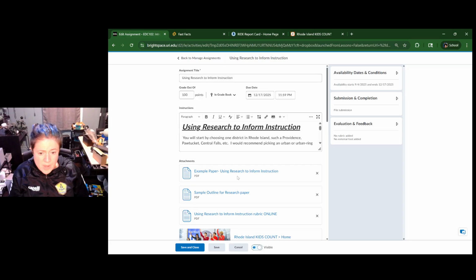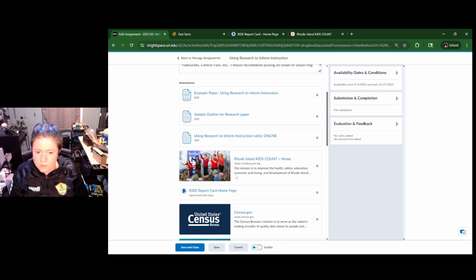One of them is an example paper. It is an A paper, so it's definitely a good example if you want to take a look at what that looks like. We have also a sample outline for the research paper. So feel free to use that as a template if you want to